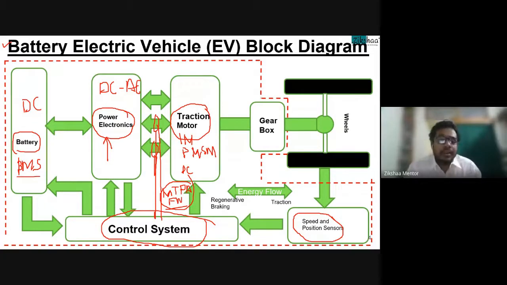There is another type, hybrid electric vehicles. We will look in a little more detail at the various topologies of hybrid electric vehicles. The only difference is that it has an IC engine along with it, so it will have all these components that we have discussed, but it will also have